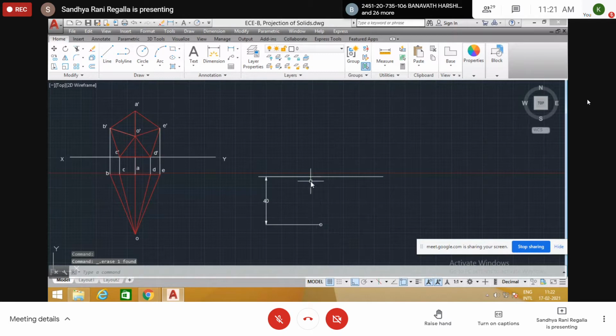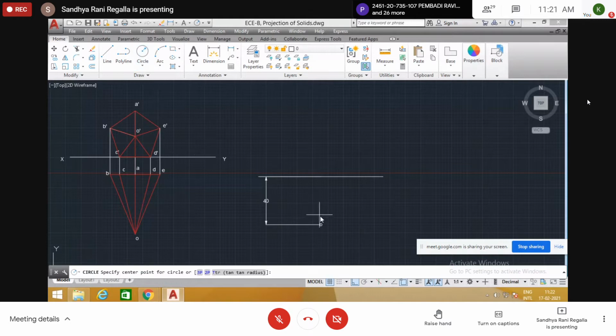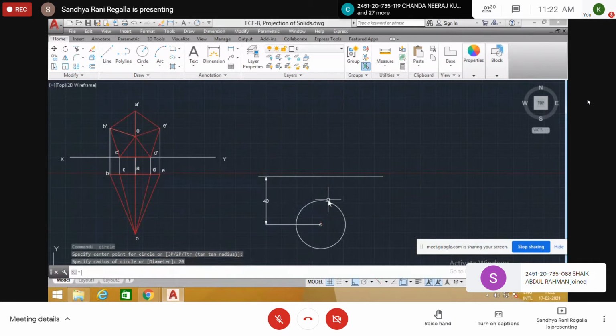Okay. So this is at 40 mm. We take the center of the circle. Now draw the circle. What is the size? Base is 40 mm diameter, so radius is 20. Enter. So this is a circle.